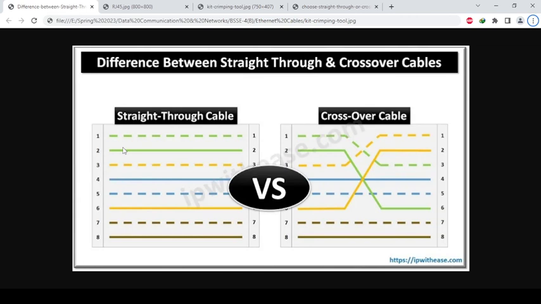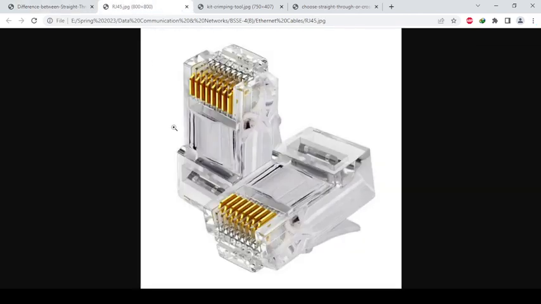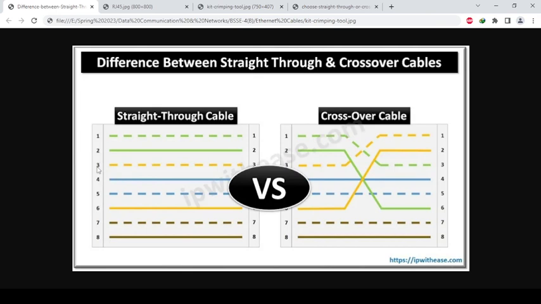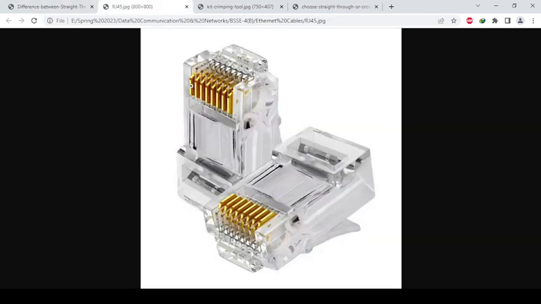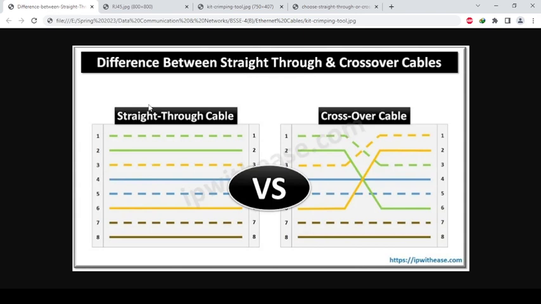So when we are making a straight through cable, each pin, for example wire 1, connects to wire 1 on the other end. How does it connect? We use a connector called an RJ45 connector. These connectors are used on both ends. So the numbering that you see here corresponds to the pins that you can see on these connectors, these copper pins. So when we arrange our wires according to different standards